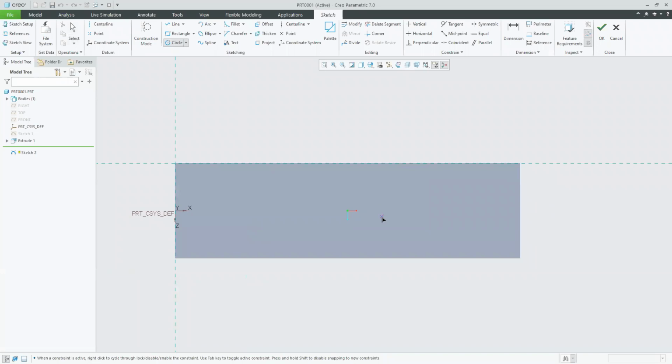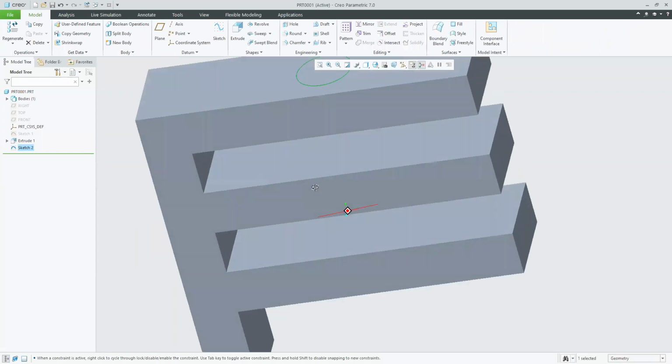Okay, so I created this circle. Fine. This needs to be 50, and this needs to be, let's say, 200. And the radius of this circle I need as 60. Fine, done. I'm clicking on OK.